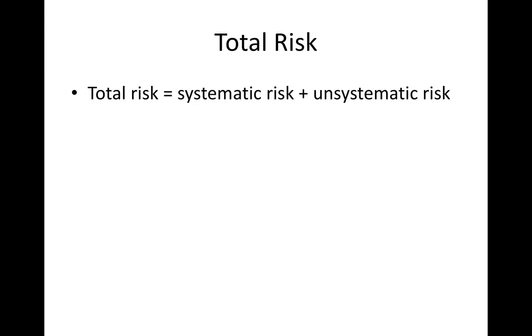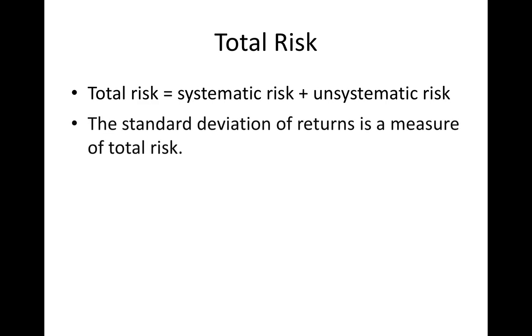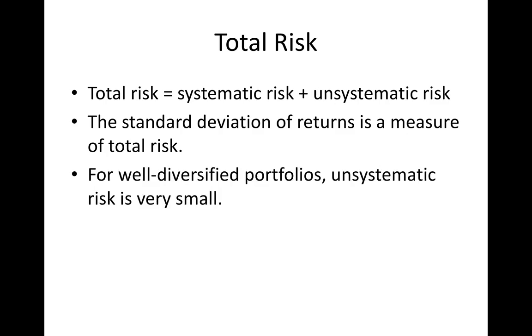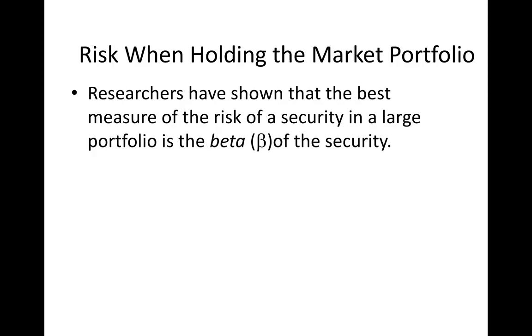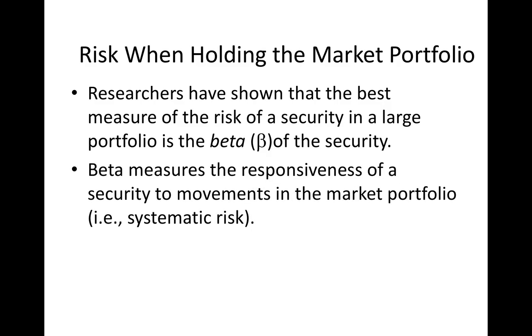So our total risk, usually captured by our standard deviation, has a component of systematic risk, which we can't do anything about, plus unsystematic risk. And so we try to diversify our portfolio so that we can reduce unsystematic risk to very negligible portions. So that when you have a very well diversified portfolio, essentially the risk you have in there is just your systematic risk. For that reason, when you're holding just systematic risk,